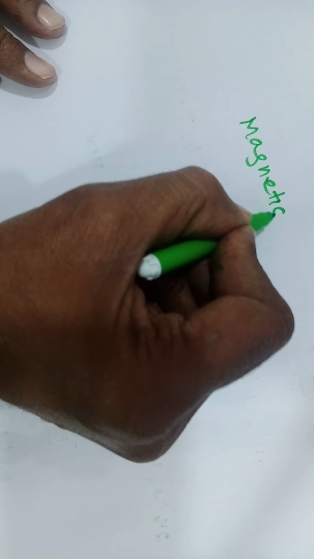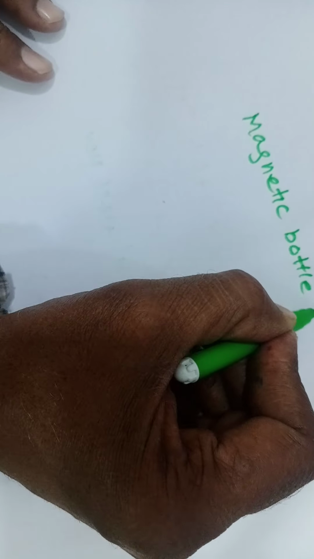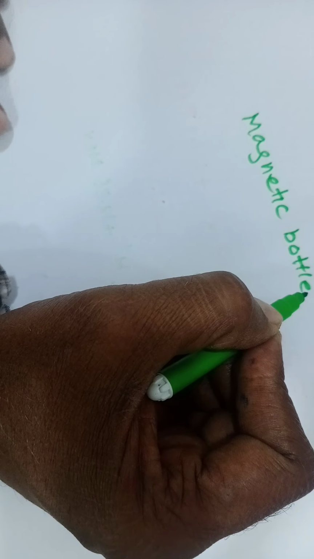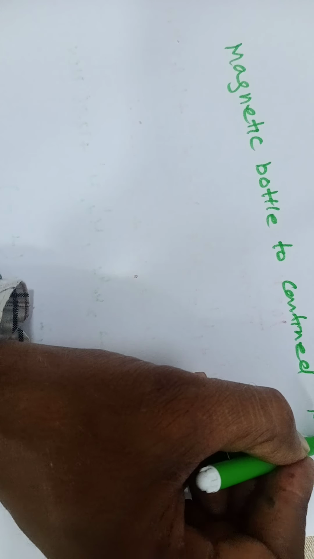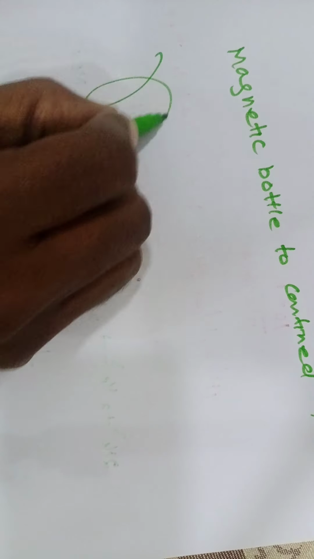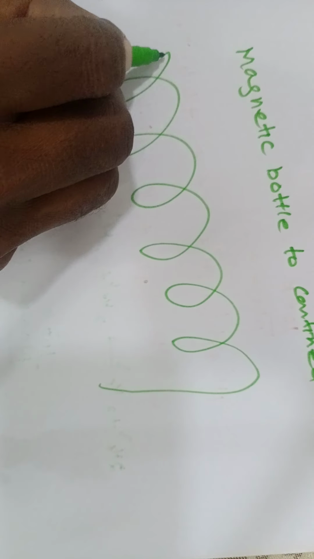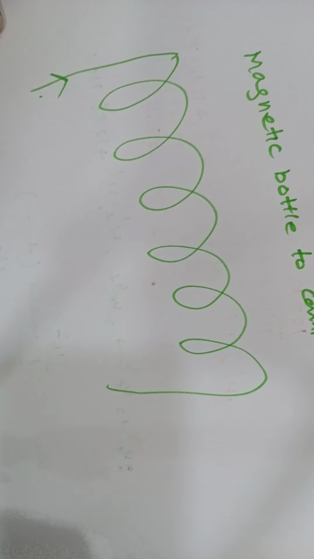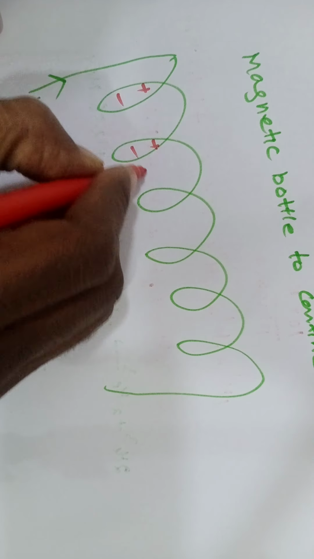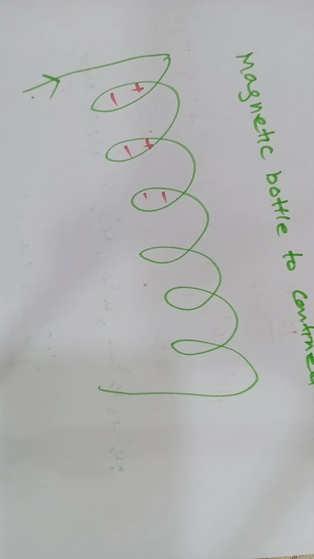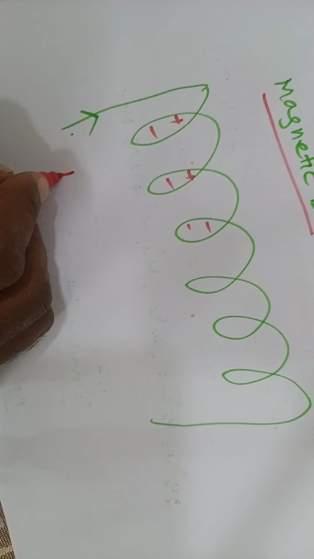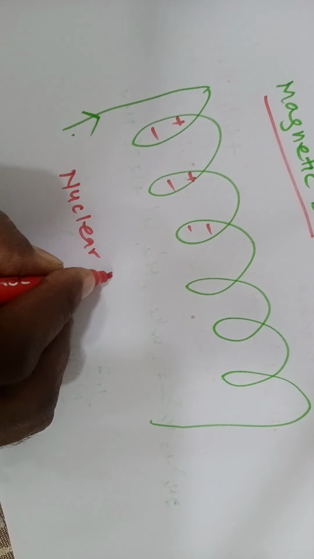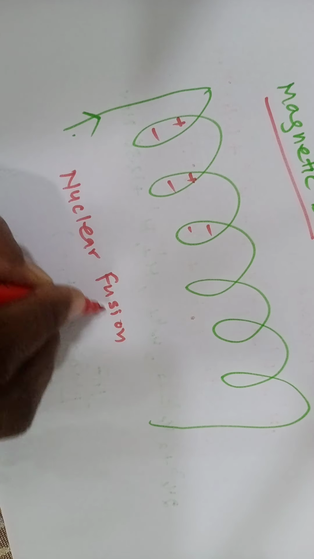People are using magnetic bottles to confine this plasma, because in that we will use the toroidal magnetic field, and as we have mentioned, at 10 to the power 7 Kelvin all the particles are in the ionized state, so the particles will remain in the air. So it is the magnetic bottle, and by that way we can perform nuclear fusion in the laboratory in coming years. Today it is not possible.